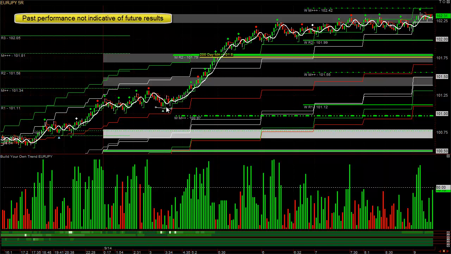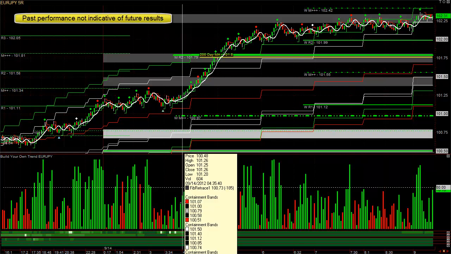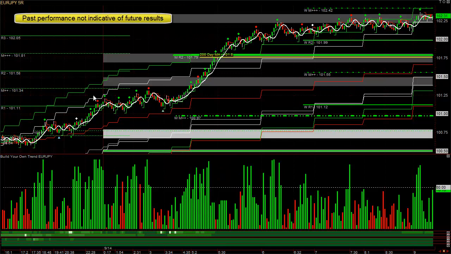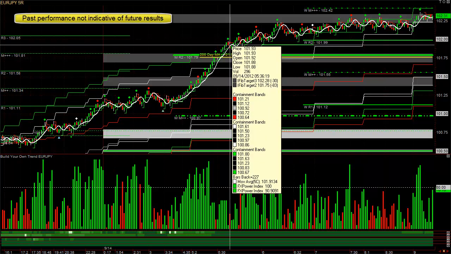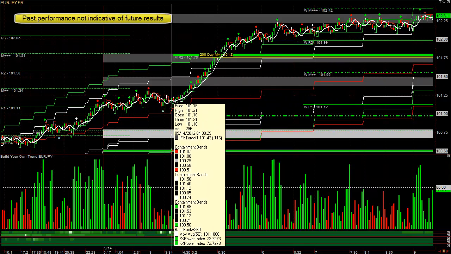And when it starts going back up, this is when I'm moving my stop up underneath these bars' low, and I'm moving it to break even just in case it does fail. And then you can see at that point, especially in this bar right here, other euro pairs are going up with a lot of intensity, and yen pairs are getting weak. And of course, this thing just takes off. So when it's above our upper containment bands, I would have got out of this trade up here at 93 with a massive